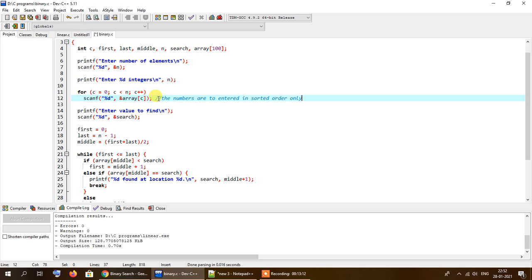technique will not work. So first of all, inside the while loop, it checks whether the value that exists in the middle is less than the search, that is the number to be searched, or not. The value that exists in the middle position of the array, whether it is less than the number being searched or not. If that happens, what we are doing is